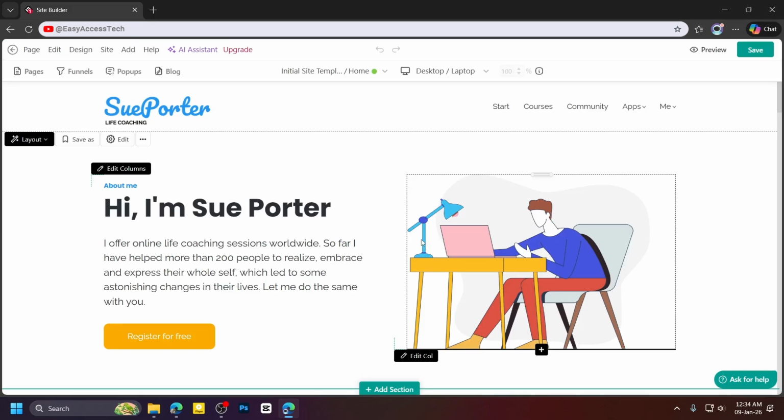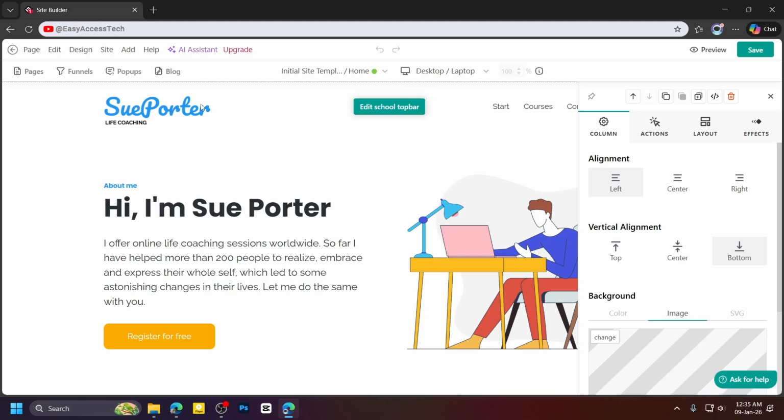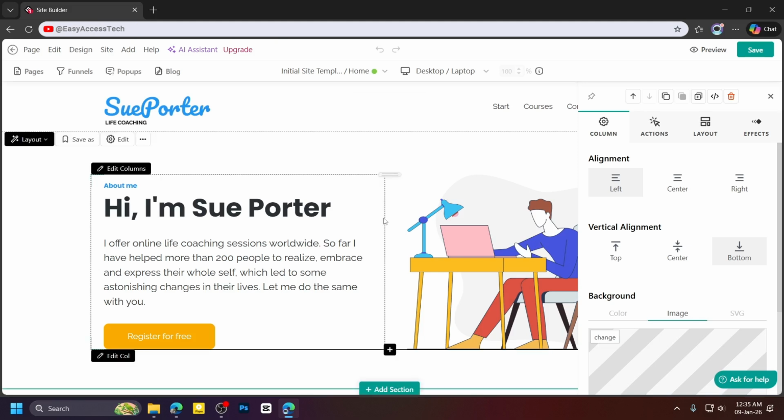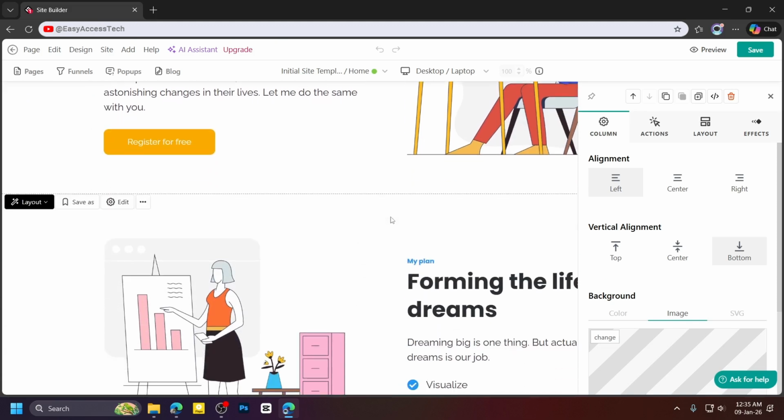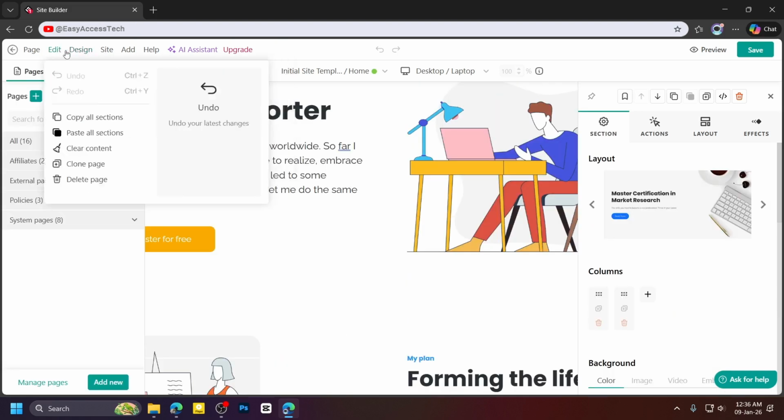Now here you can set the name of your school, you can upload a logo, and you can adjust the basic settings. This is like creating a home for all of your courses. So choose a simple and clean but memorable name, because this is what your students will see first. And also from here on the